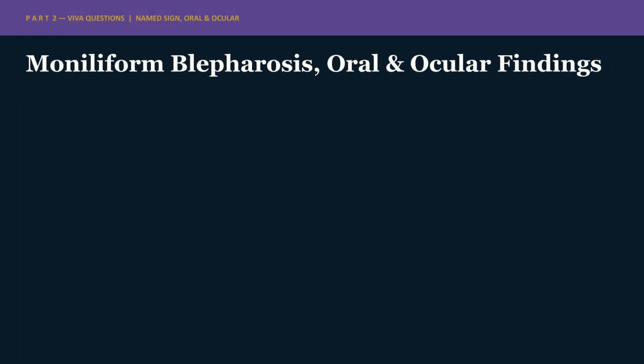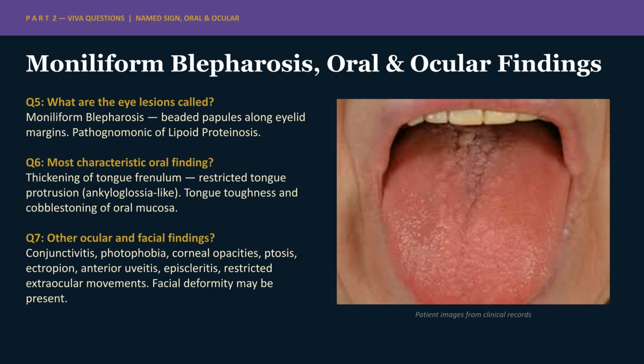The examiner asks, what are the eye lesions called in lipoid proteinosis? The eye lesions are called Moniliform blepharosis, beaded papules along the margins of the eyelids. This is a pathognomonic finding of lipoid proteinosis. The examiner asks, what is the most characteristic oral finding? Thickening of the tongue frenulum, leading to restricted tongue movement and an ankyloglossia-like presentation, combined with tongue toughness and cobblestoning of